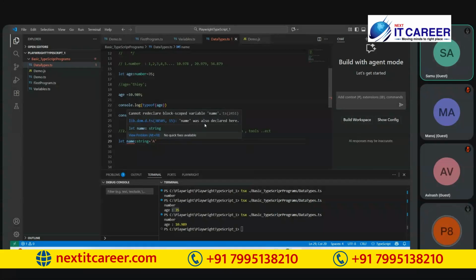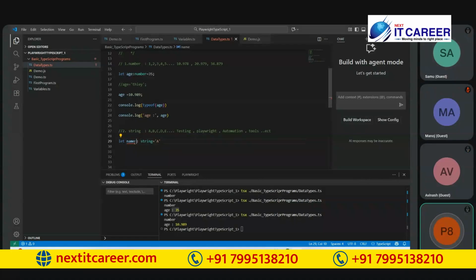Name was also declared here as a string. I already used the name in another file, that is the reason it is showing the error. But now I changed it to name one. Is it clear?